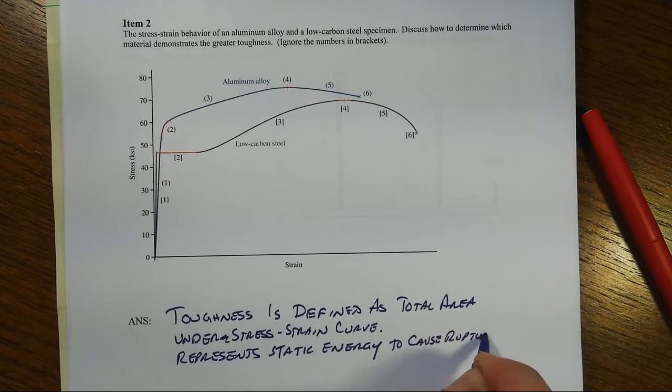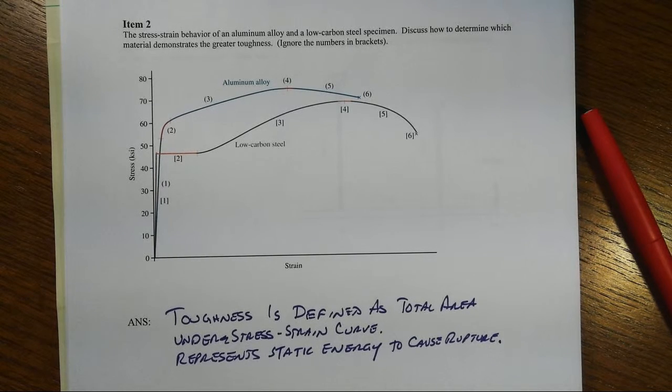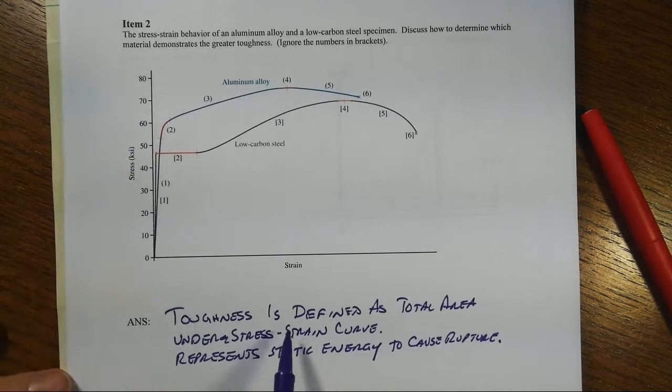rupture or fracture. Now it's pseudo-static because under impact situations, which is another way to measure toughness, we're going to get a different result. The two will be correlated at some level, but under high strain rates, which is what you get under an impact hammer, you will get different kinds of material behavior. So the way to determine the answer is, well, go figure out which one has the greatest area under